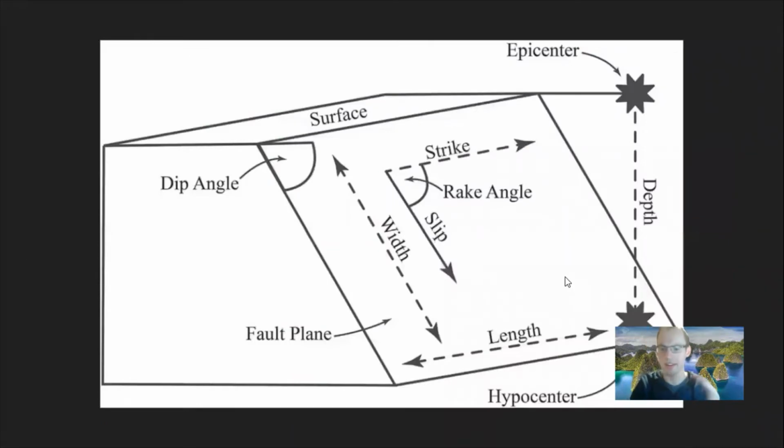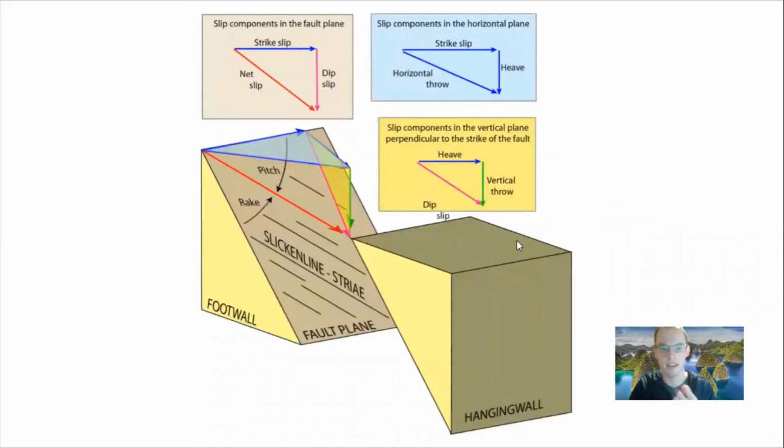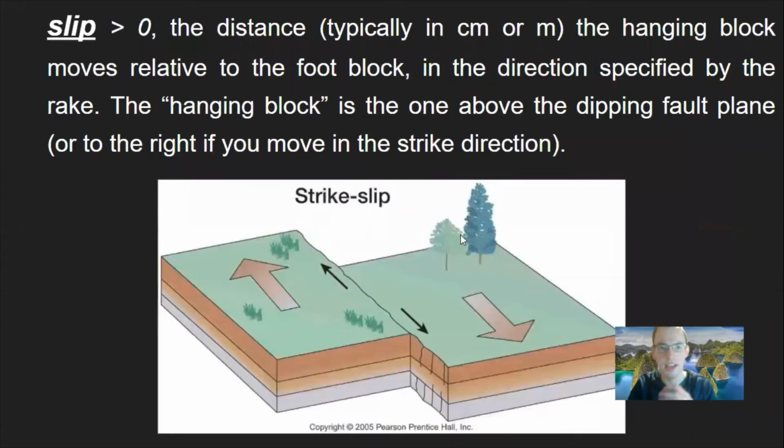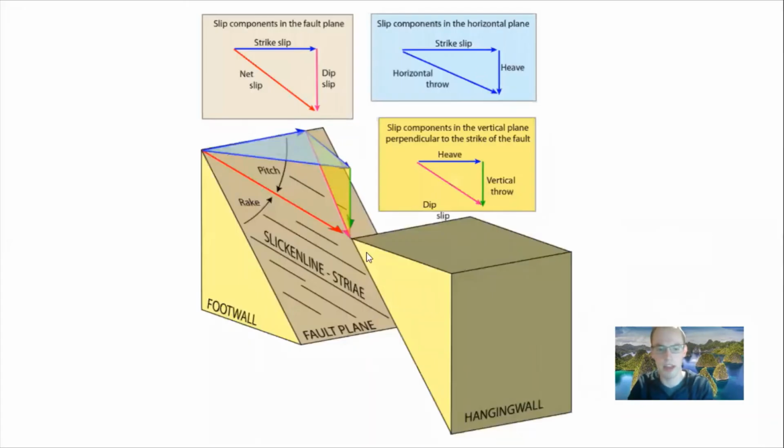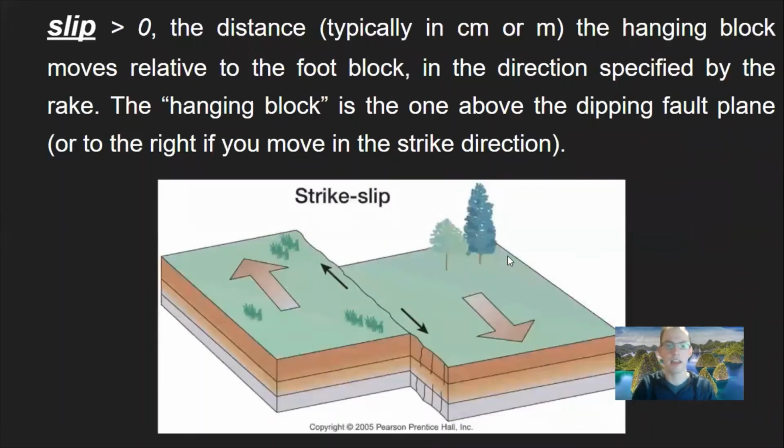The last one that we'll talk about to tie everything together here is now the slip. The best way that I like to look at this is the slip is the distance the hanging block moves relative to the foot block. So again, remember that terminology there. We got this foot block is this top guy, this hanging wall or hanging block is down to the right here. And we're looking at what is the actual displacement, the distance that those plates are moving relative to one another. This is a very important term because it is highly associated with the magnitude of the earthquake. Essentially, how much did we move? How big was that